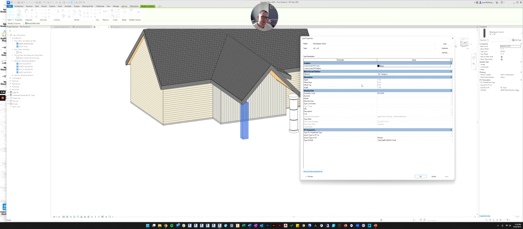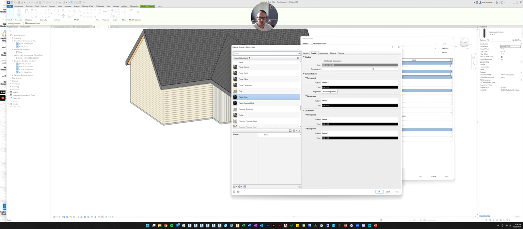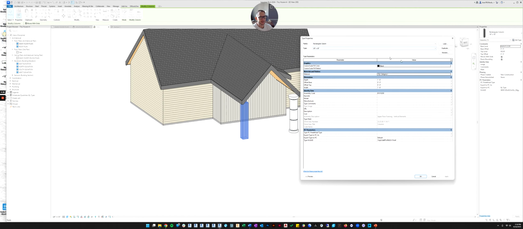But typically, you'll have at least an option to pick the material. Before we do that, you do the same thing as you do any other, and you duplicate it. So let's say we're going to try to make an 8 by 8 column. We'll do 8 inches by 8 inches, and that'll be the name of the type. So it'll be a rectangular column, an 8 by 8 type.